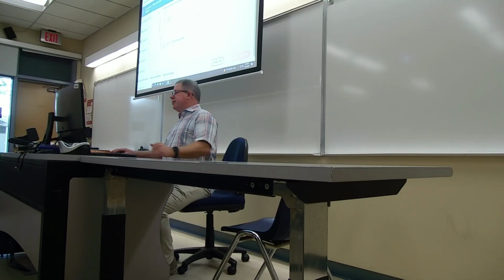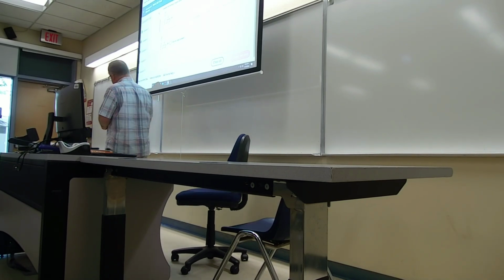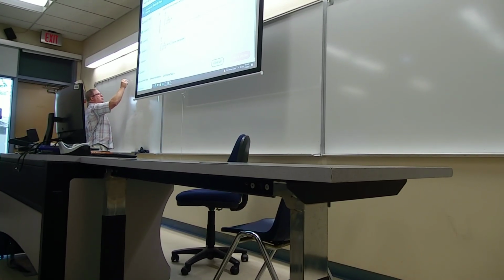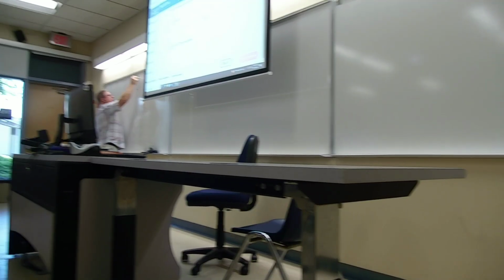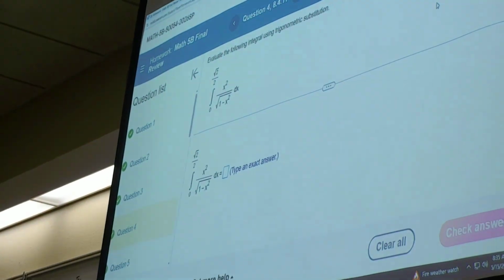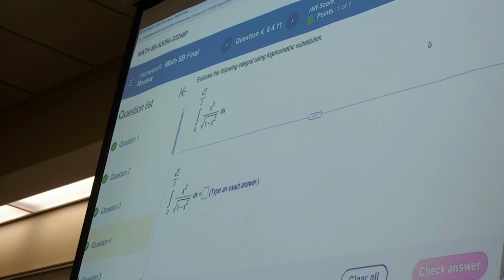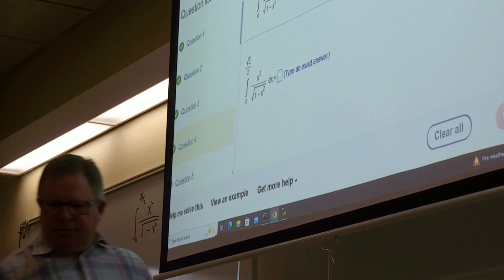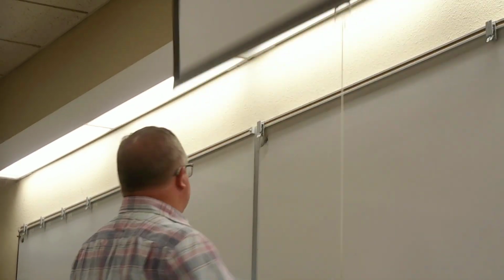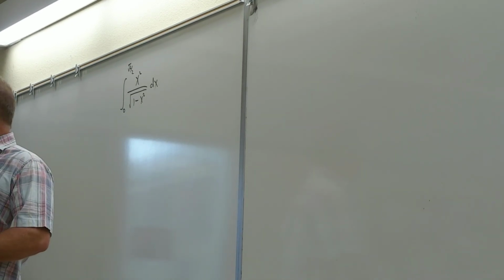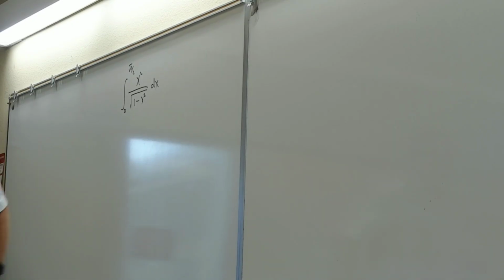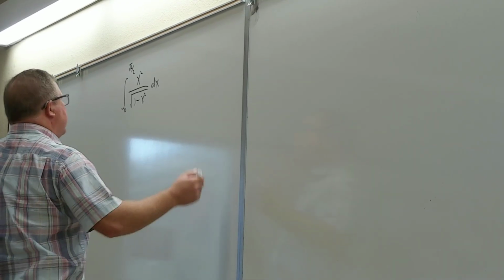Trig substitution. The integral from 0 to the square root of 2 over 2 of x squared times the square root of 1 minus x squared dx. All right, I will provide you the triangles for the trig substitutions on the exam. For this one,